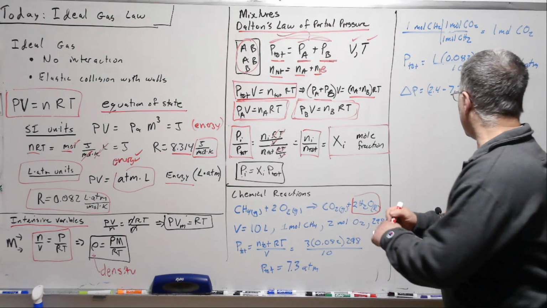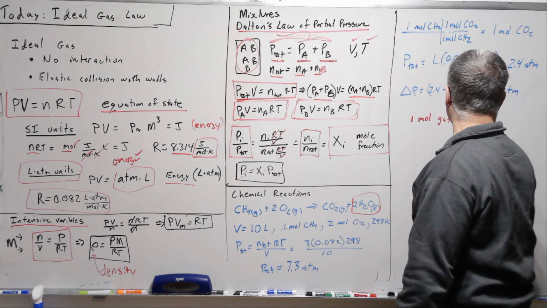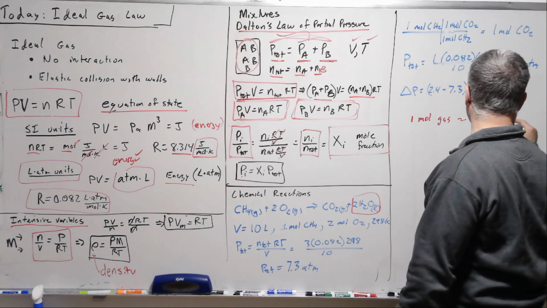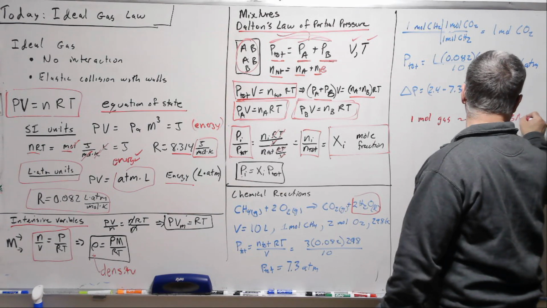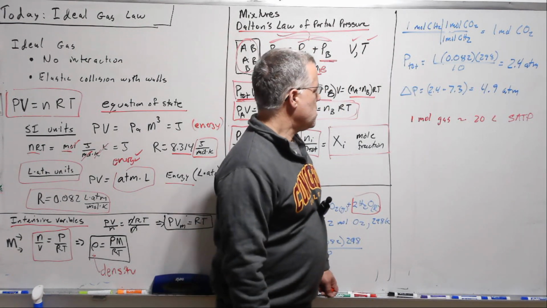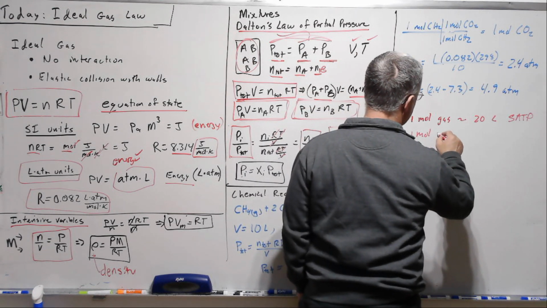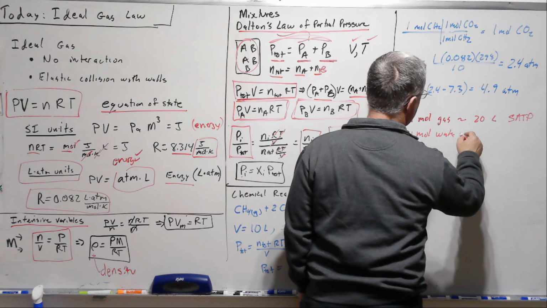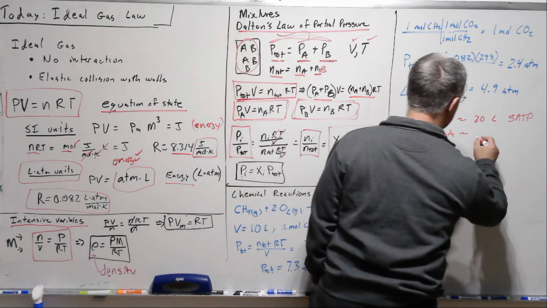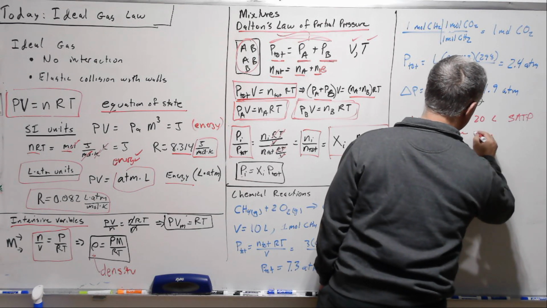And so I'll write that down. A little more than that, but about 20 liters at SATP, standard ambient temperature and pressure. 1 mole of liquid water takes about 18 milliliters. So let's call that 20 milliliters,